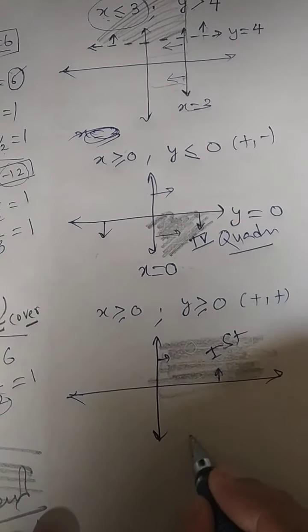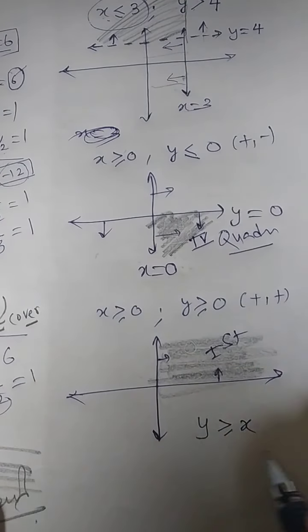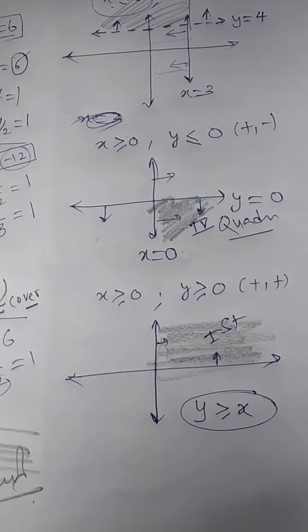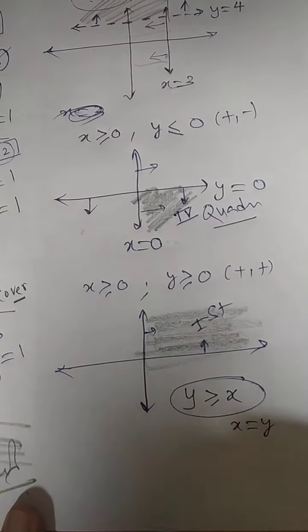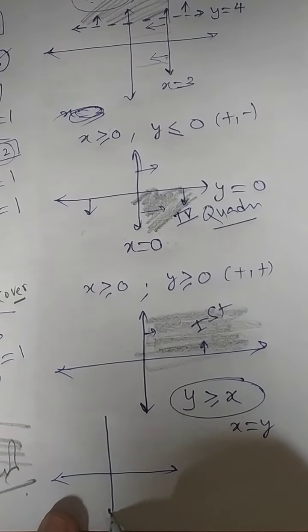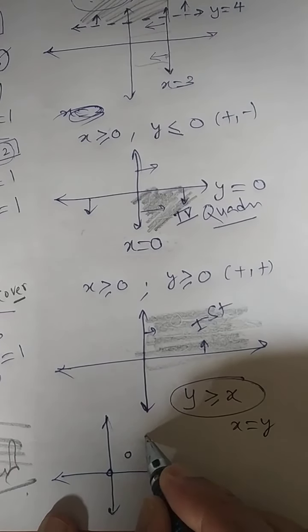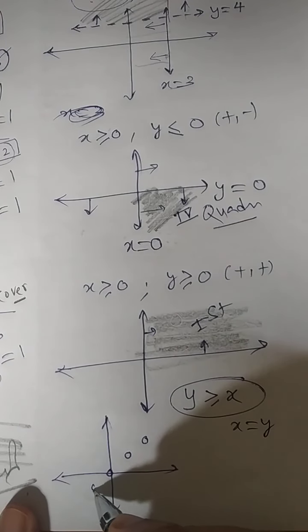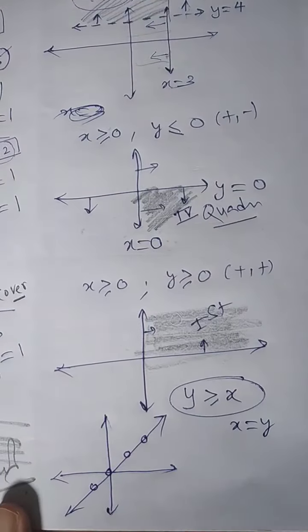First, the last point I am just explaining and then we talk about the question. This is nothing but the graph. Y is greater than or equal to x. You know that x is equal to y is nothing but the basic way of plotting. If you find out x is equal to 0, y will be equal to 0, x is equal to 1, y will be equal to 1, x is equal to 2, y will be equal to 2, x is equal to minus 1. So you will be getting a straight line which is passing through the origin.